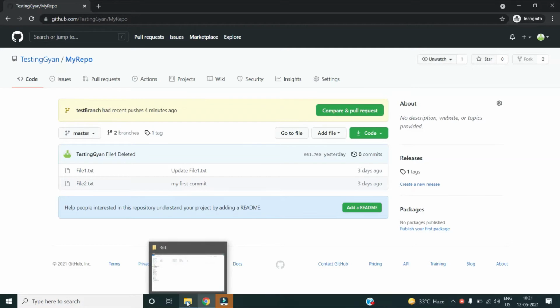In order to create the conflict, first I am explaining the scenario. So the scenario is like I am working on my local system on one of the files of my project. At the same time my colleague is also working on the same file, okay, and he or she committed and pushed their changes before me.